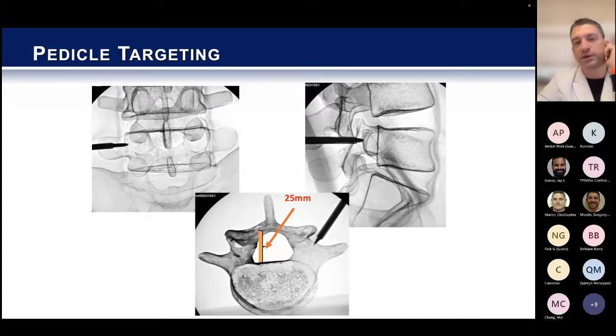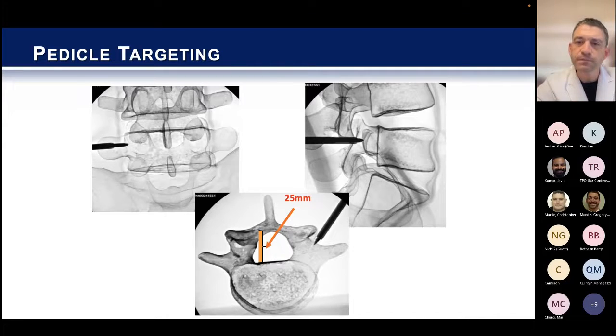In general, I like to, when I skip my starting point, this would be like a normal starting point. Again, here I'm trying to go parallel to the end plate, and I want both screws to be parallel to the end plate so that when we're done, the screws look pretty. The other thing on here is that, again, remembering the pedicle trajectory, knowing that at L5, you're going to want to have your hand dropped a little bit further than you do when you're going to the upper lumbar spine, which is the cadence will slowly be to be raising your hand more